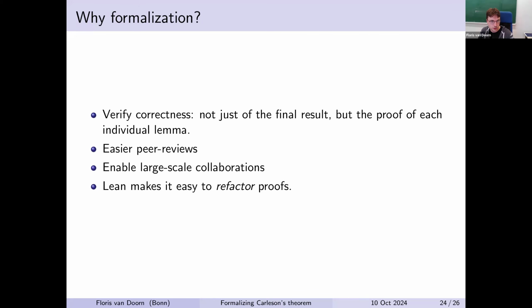Yeah, so some notes on what this formalization gives you. One thing, I don't think anyone doubted that Carleson's theorem was correct. But in mathematical proofs, you often have a whole lot of lemmas in the middle, and when you read a mathematical proof very carefully, quite often some of these intermediate lemmas are wrong or maybe not quite strong enough to prove the next lemma. And so the correctness is here not just of the final result, but it makes sure that all the lemmas are stated properly and are strong enough to prove the next thing and are true.